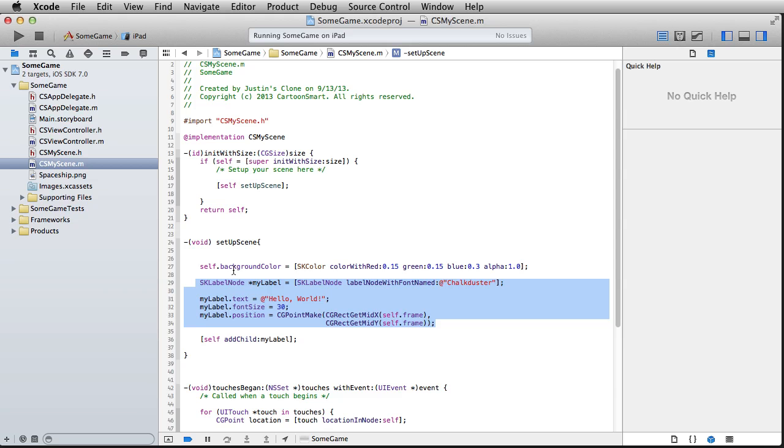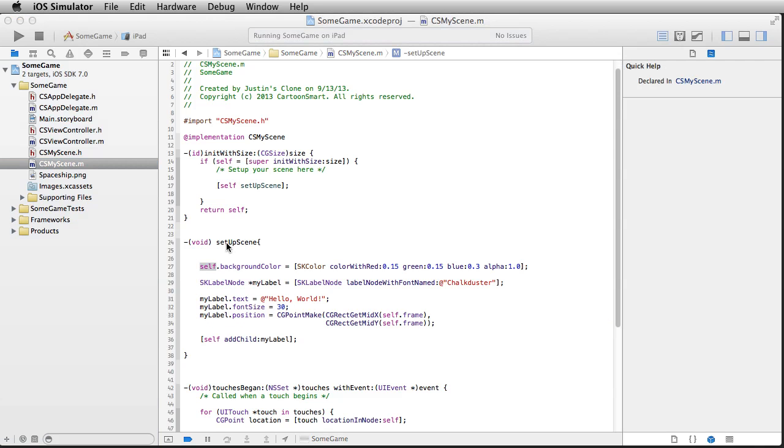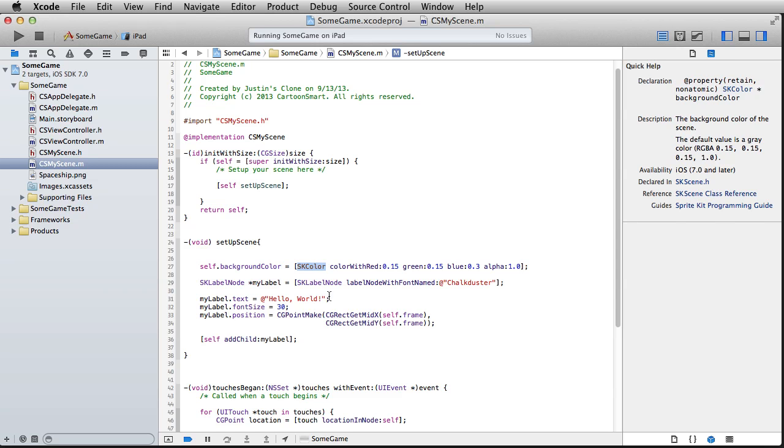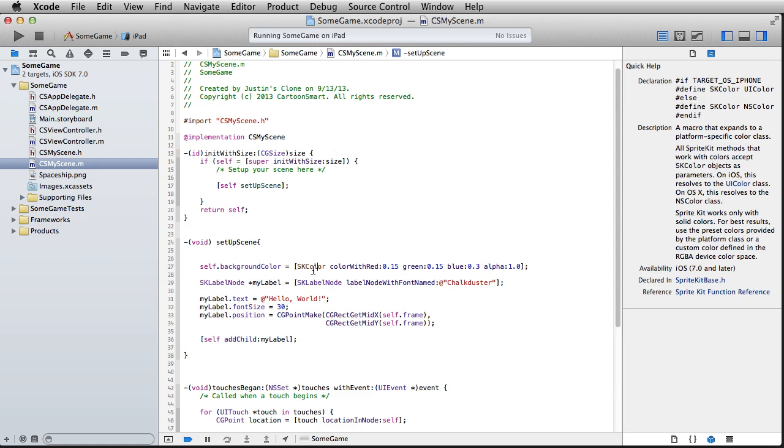Before I get there, I should mention that what you saw happen when we changed the color was we wrote self.backgroundColor equals, and let's select it, and there we go. A macro that expands to a platform-specific color class, and so on. Basically, it's just saying